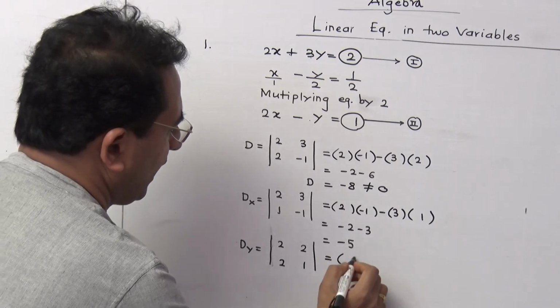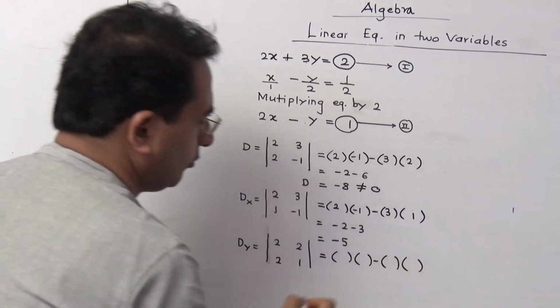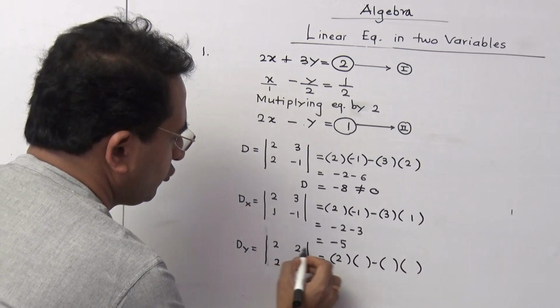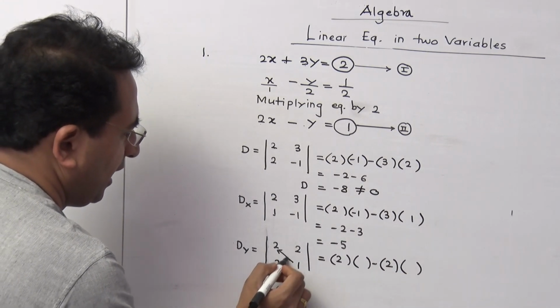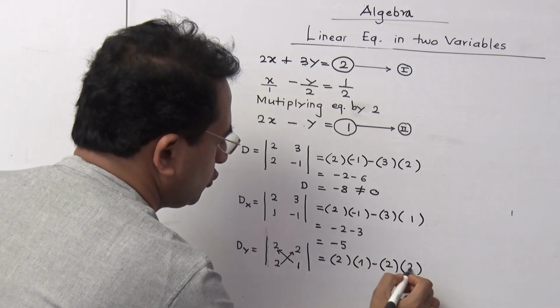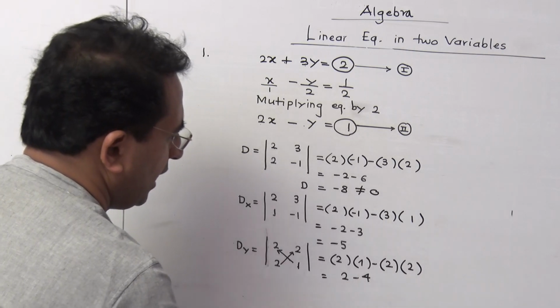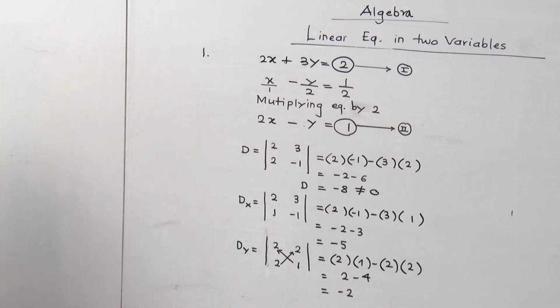So we are going to have the answers like this. It is going to be bracket, bracket, minus bracket number 3 and bracket number 4. This number we have to write here 2. This 2 we have to write in the third bracket. Then you crosswise multiply. Then this 1 will be coming along with this, and this is 2. So your answer is 2 minus 4, and the answer for that you are getting as -2. Is it clear to you?